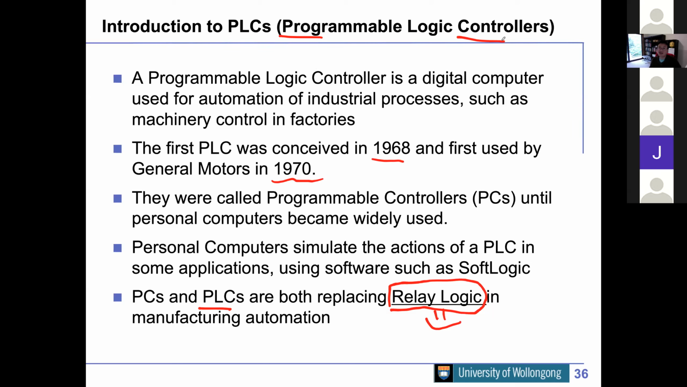So they changed PC to PLC, programmable logic controller, because what the PLC is trying to do is control the complicated logic to switch things on and off. That's what